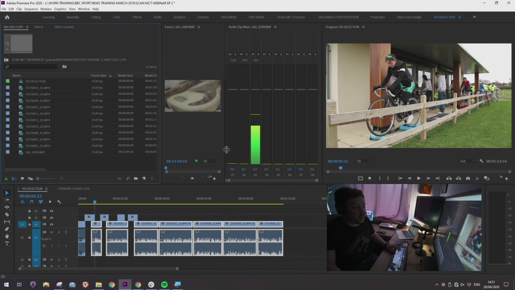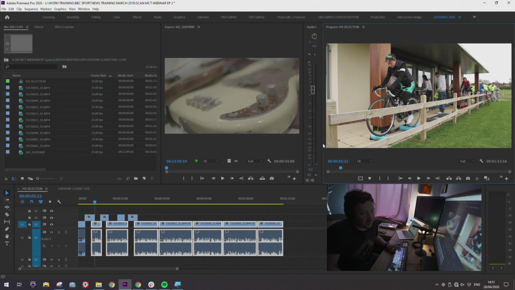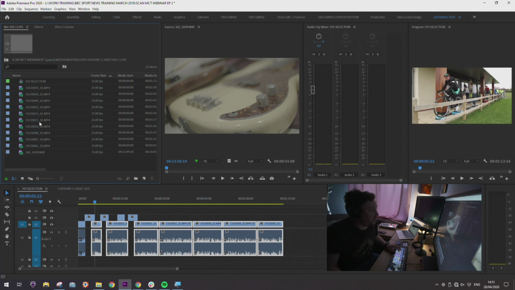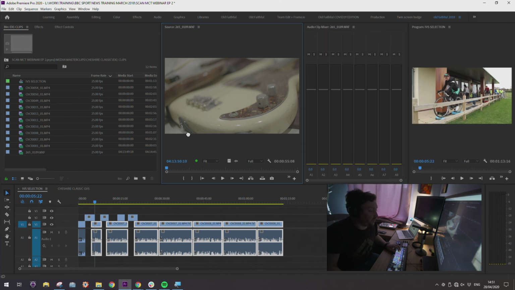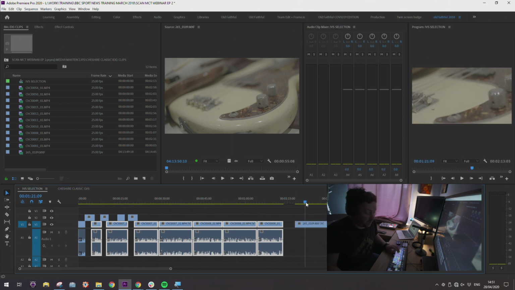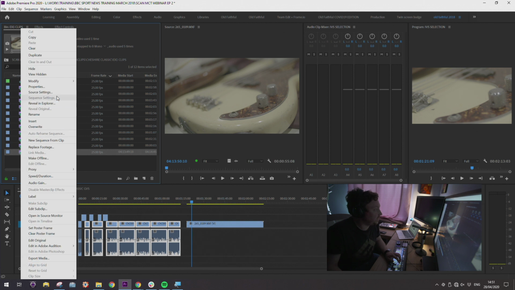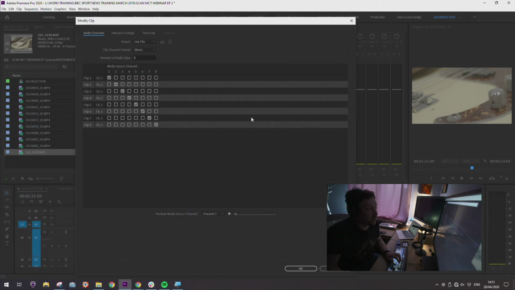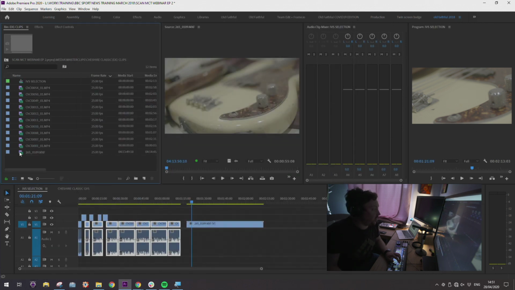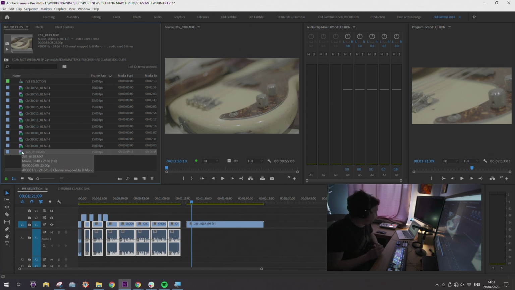If anyone's ever worked with FS7 clips, you'll be aware of this behavior. You bring an FS7 clip onto a timeline. Okay, for some reason that's not right. Let me just go and modify audio channels. Okay, yeah. So it's a quirk of the FS7. Whenever you bring the clips in, it comes with